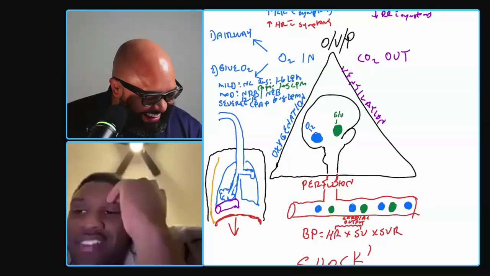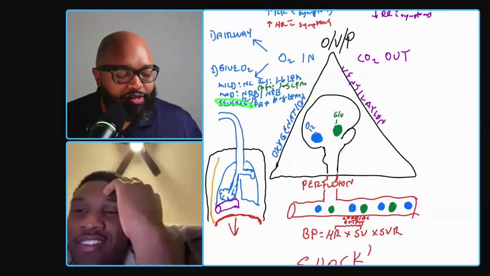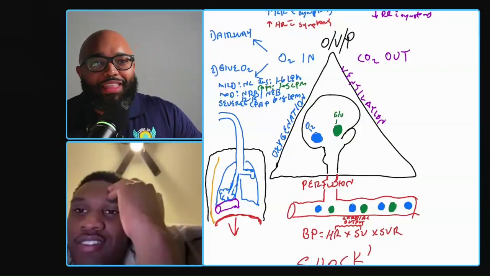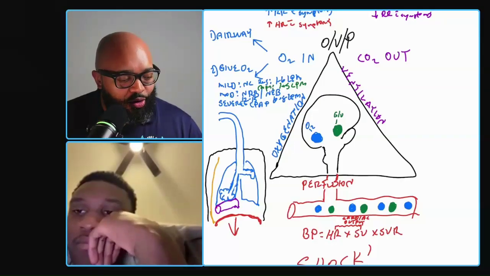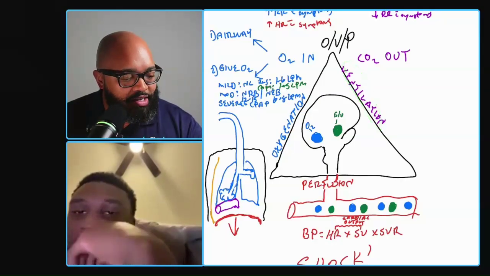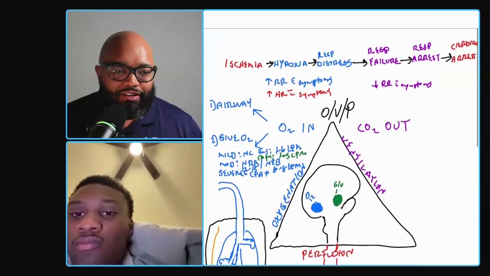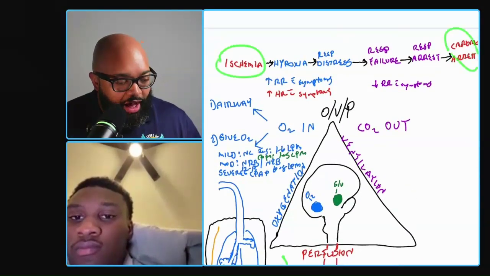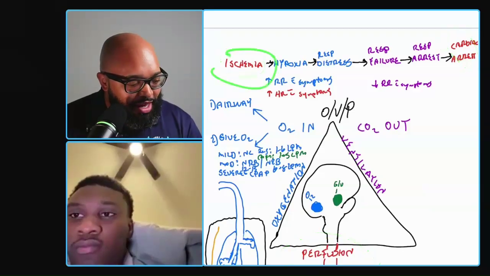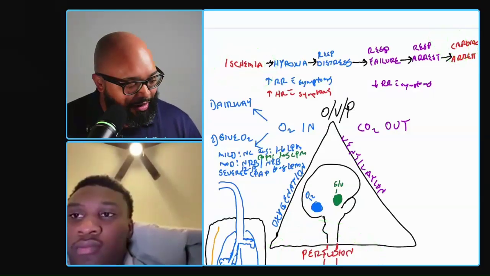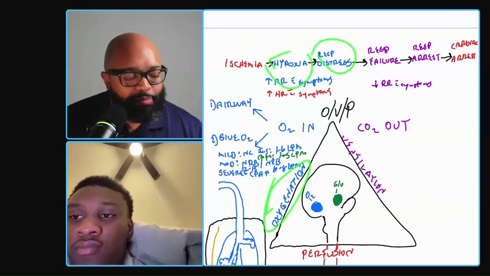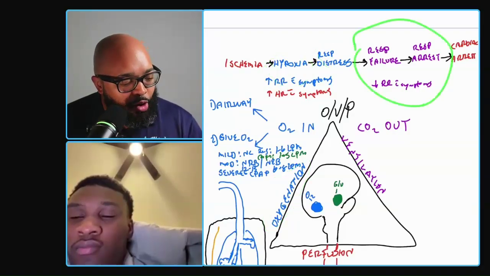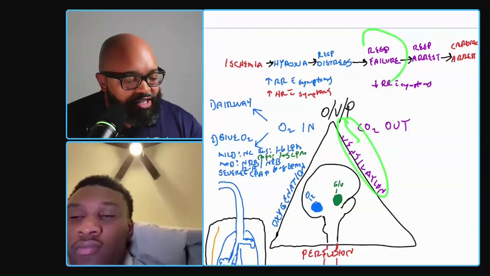Okay, no problem. If they're in severe respiratory distress, we're going to use CPAP. All right. Now, I said all that just so I could get to the ventilation part. For those of you who've been around a little bit, you know that I've said a ventilation problem is once they get into respiratory failure. So notice how everything is color-coded. The red all matches perfusion, so ischemia and cardiac arrest are primarily perfusion problems. The blue matches oxygenation, so hypoxia and respiratory distress are primarily oxygenation problems. The purple matches ventilation, so respiratory failure and respiratory arrest are ventilation problems.